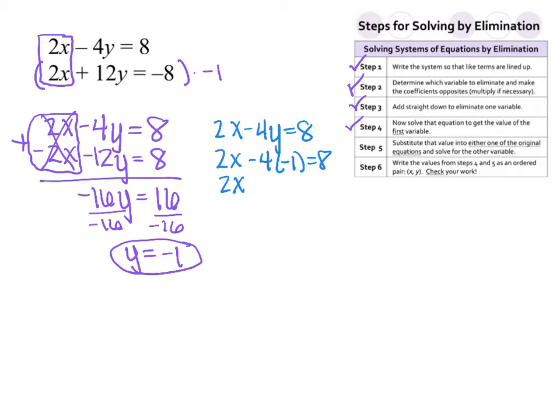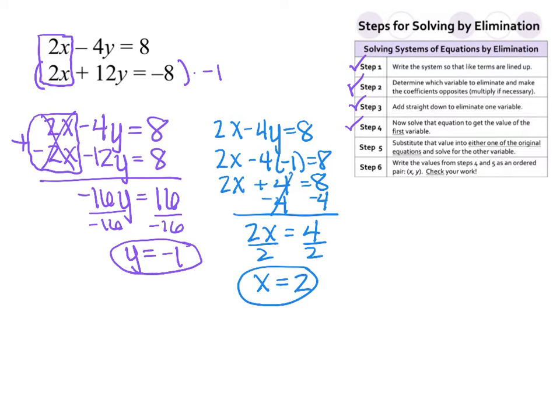That makes 2x, and negative 4 times negative 1 is positive 4. And then to get x by itself, I can subtract 4 from both sides. And finally, divide by 2, and I get that x is 2. And my last step, step 6, write my answer as an ordered pair: 2 comma negative 1, and